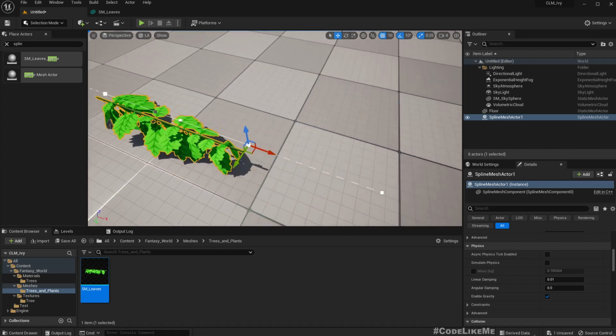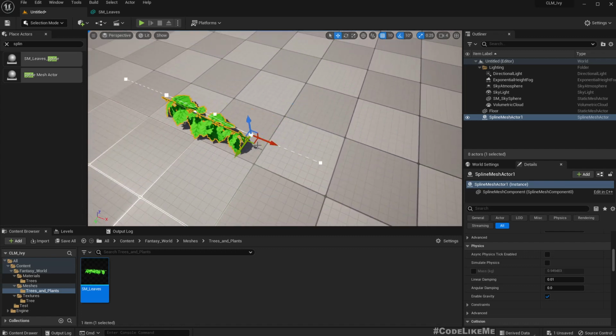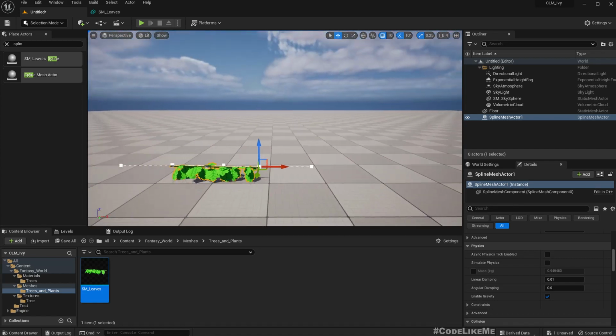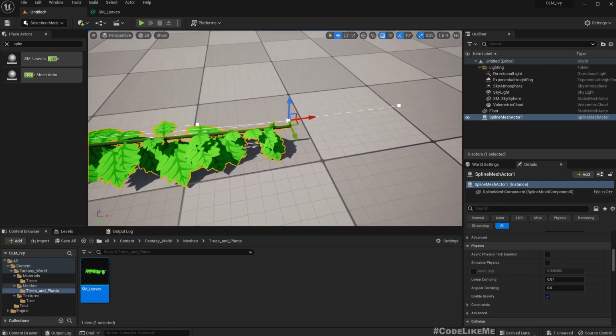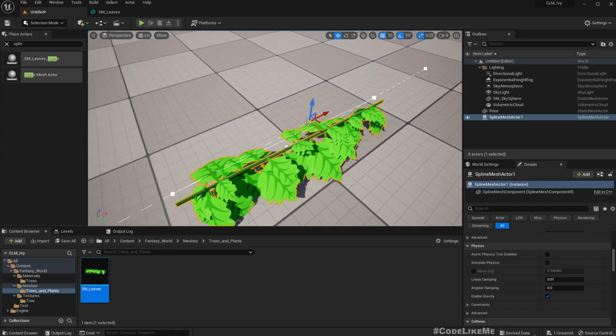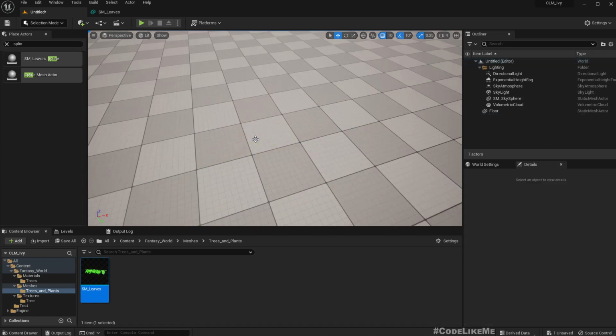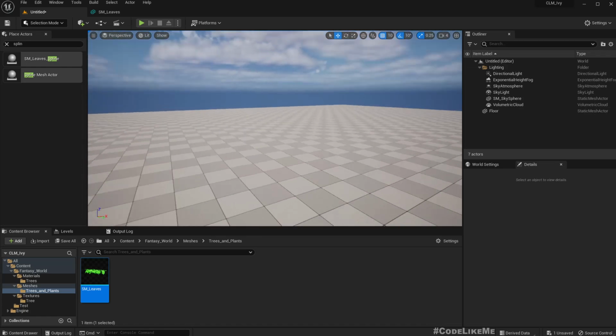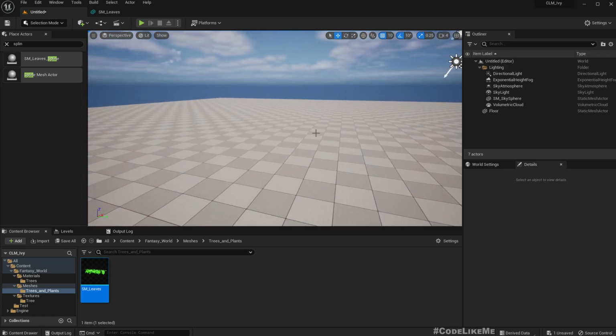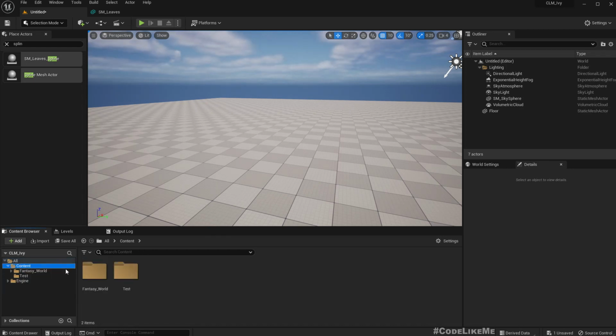But the problem is I don't really have a way to make a longer spline of IVs. So now let's see how to make a procedural spline actor that allows me to generate IVs, very long IVs as I need. Okay, so now I'll create a new folder,